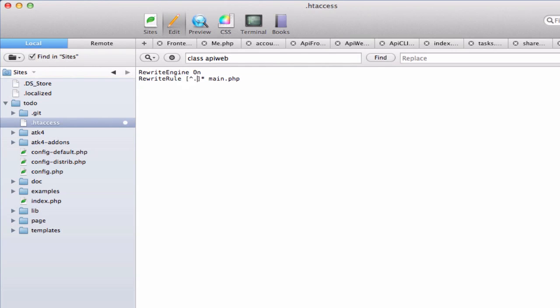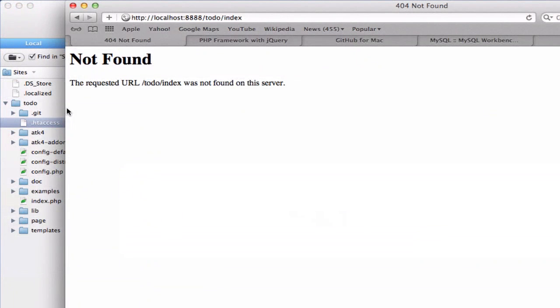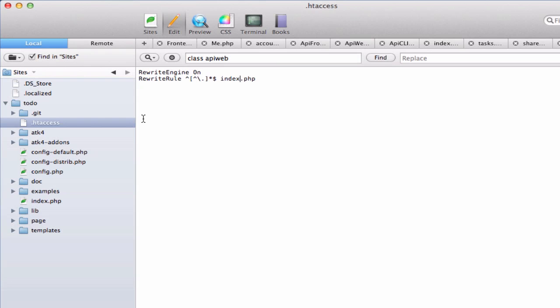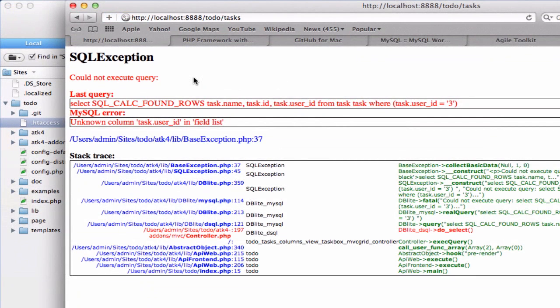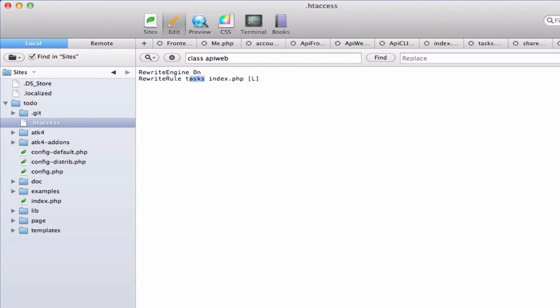We want all files without a dot in them to go into index. Yeah, okay, it works. So let's try